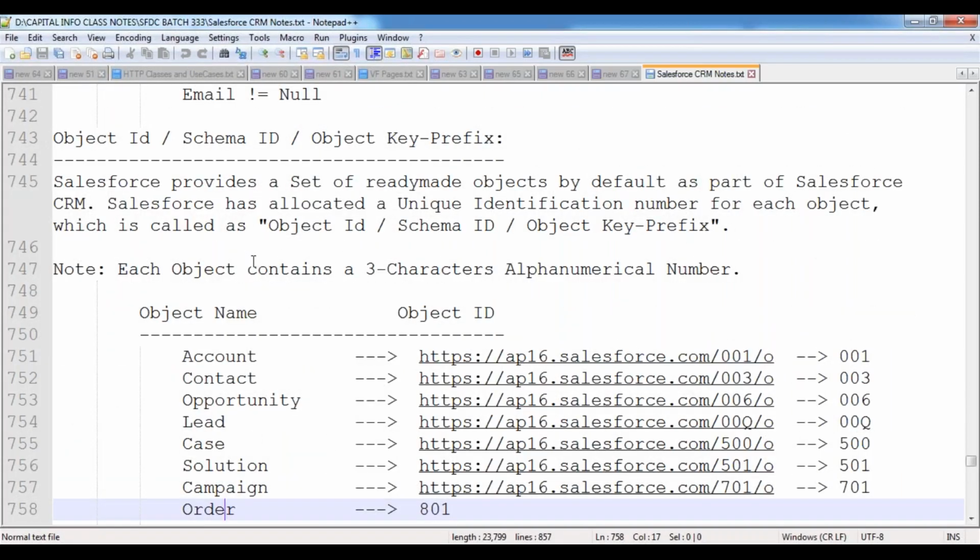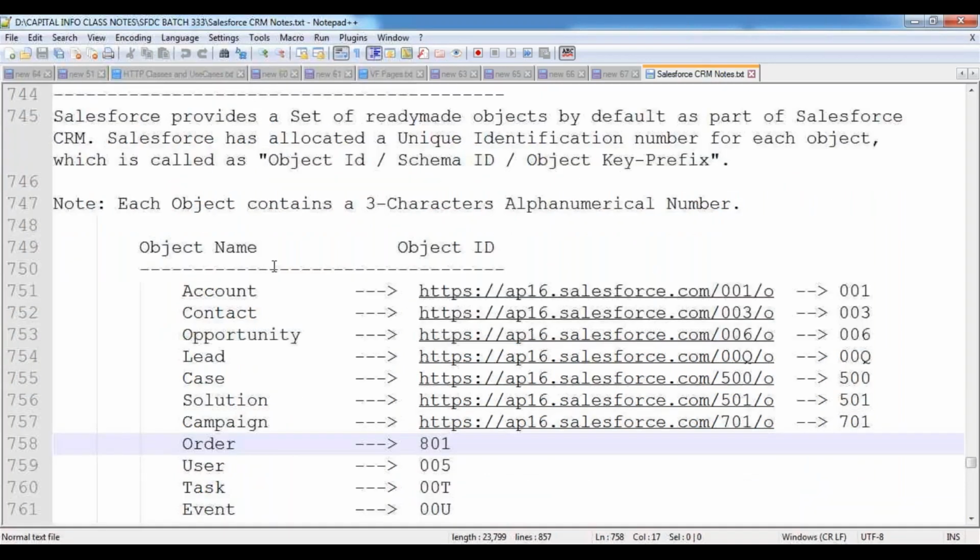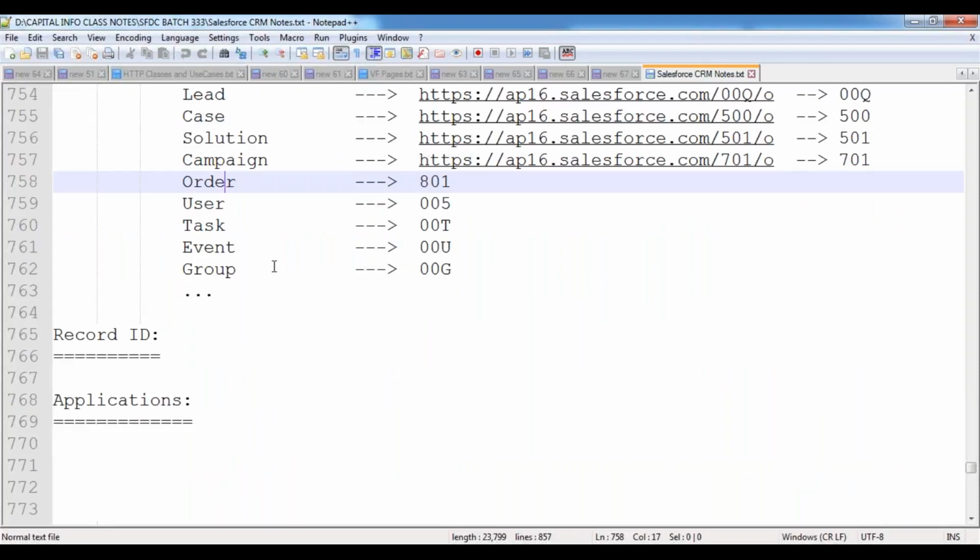Along with that, we discussed the object ID, or schema ID, or object key prefix. For each and every object, Salesforce allocates a unique identification number which is a 3 character alphanumeric code.